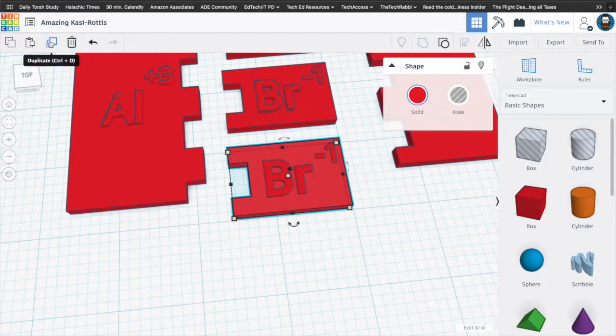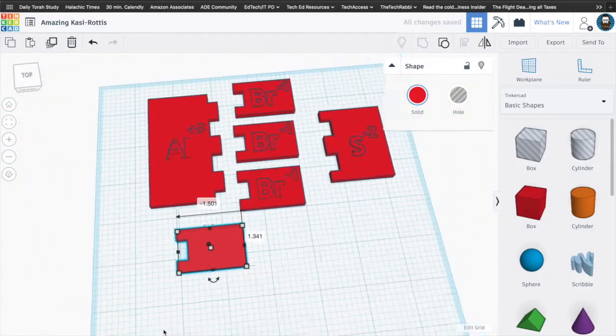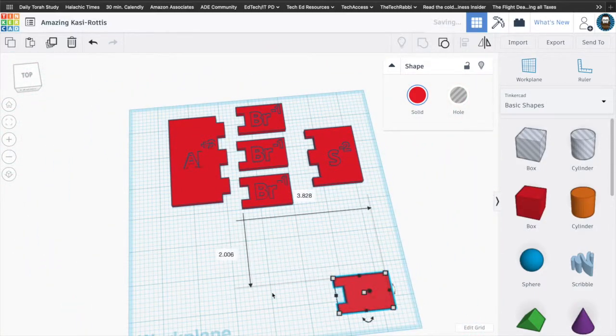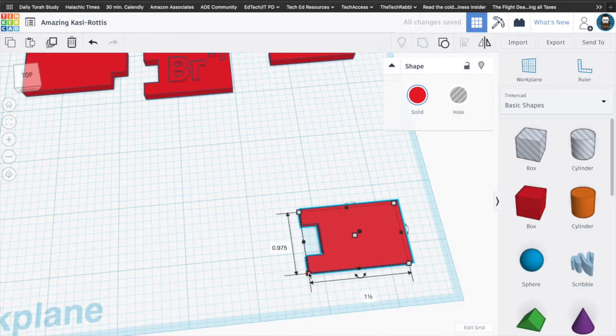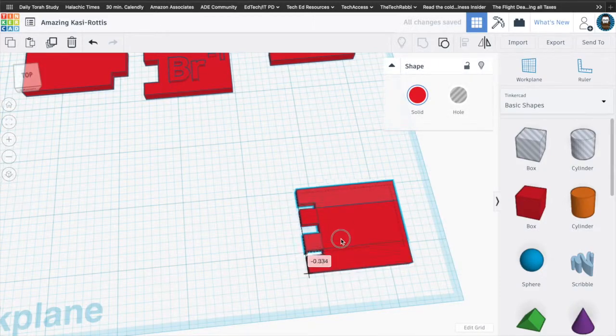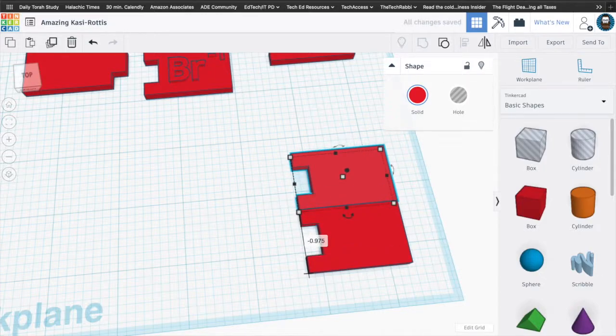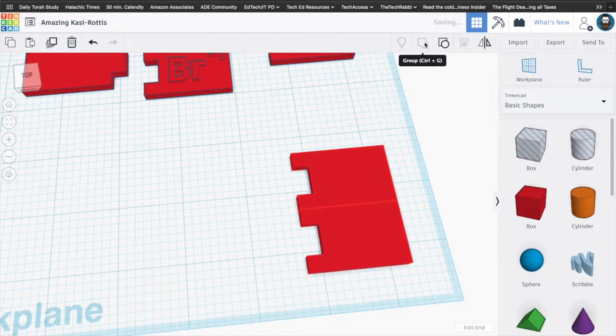I'm going to duplicate this right here. Okay, I'm going to move this here. Okay, and this is 975. So I'm going to duplicate it again, and I'm going to move it up, and guess what? I'm going to put negative 0.975, and press enter, and they're going to be exactly connected on that edge. I'm going to group them together, and it's going to create a